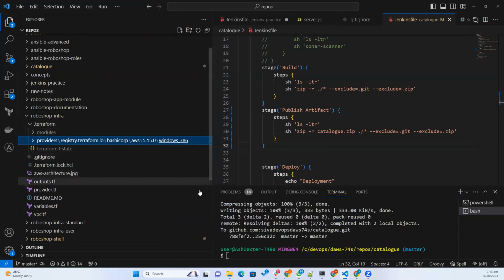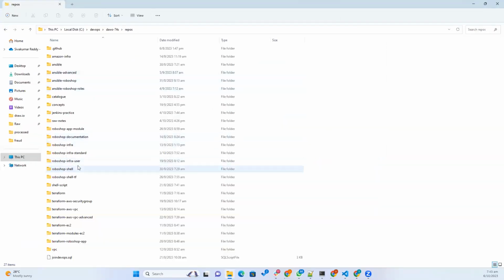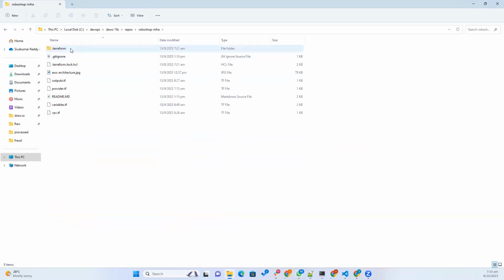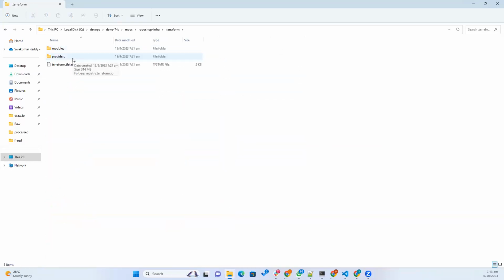Okay. Here, maybe you cannot see this. Let me go to the RoboShop infra. Take anything. Go to .terraform. Here you can see the same structure, providers. This provider is from registry.terraform.io, and inside the HashiCorp and then AWS, and you can see the version,